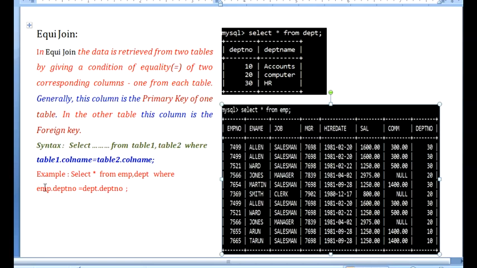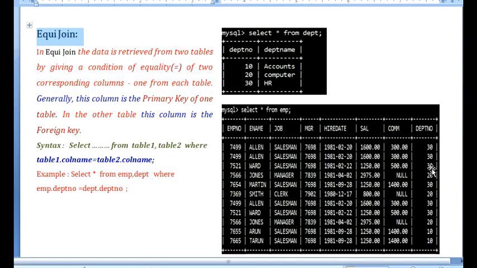Whenever you want to apply this equality rule, there must be a column common to both tables. In this case, department number is common to both. So we apply the equality condition on the department number column, then fetch the data, and hence we get accurate data.